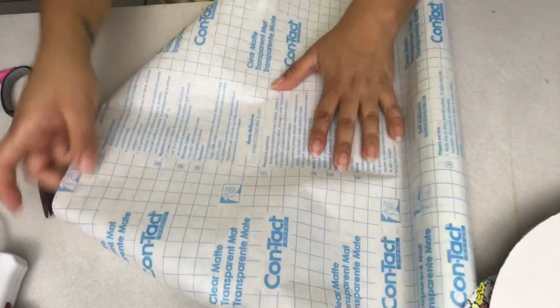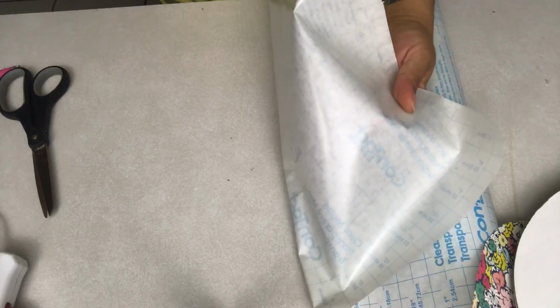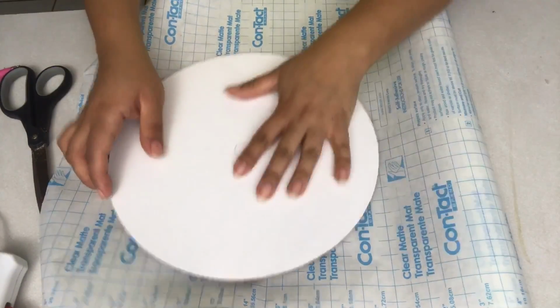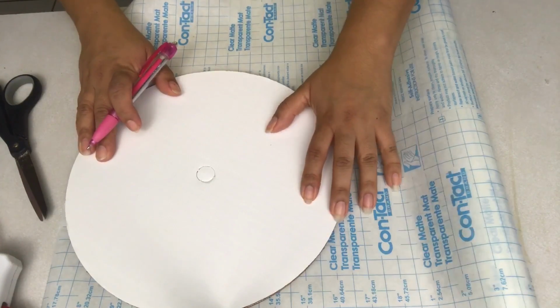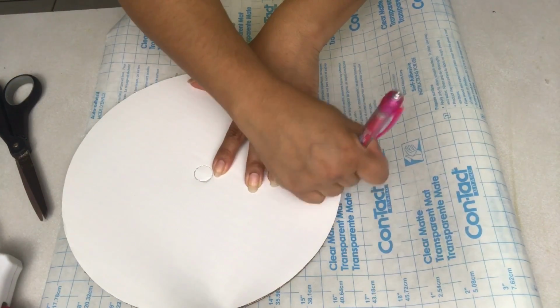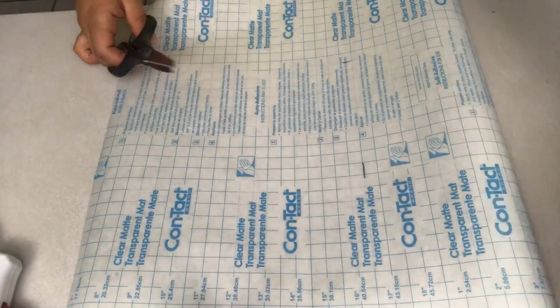Cut out my contact paper. Now, with this, I like to write on this side because, just from experience, I did once do it on this side, and then if you don't cut a perfect circle, you have that ink mark, and this side is what faces up on the board, so just be sure you do it on the paper side. I don't like to waste contact paper, so I try to get as close as possible to the edge. And then I'm going to cut here and here. Okay,